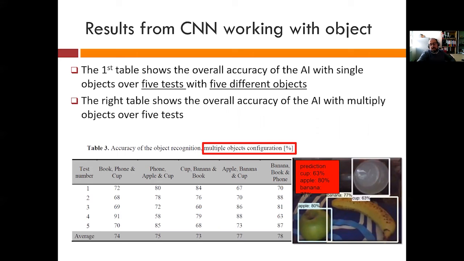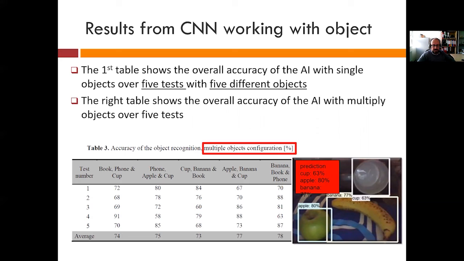And here it is a little bit more difficult because you have to isolate the single object and then recognize. We did again 5 tests, and we present the percentage of recognition, and we are in the order again of more than 73%. Okay, so 73 to 80%,